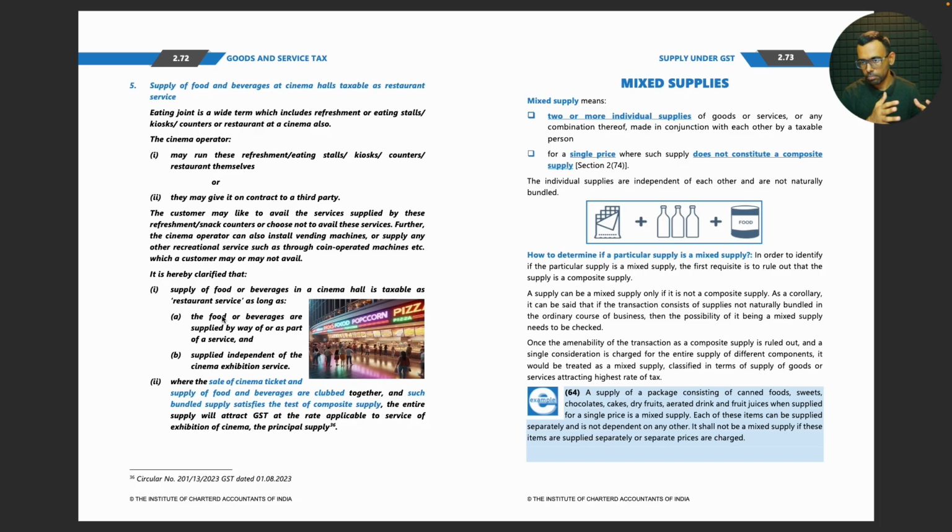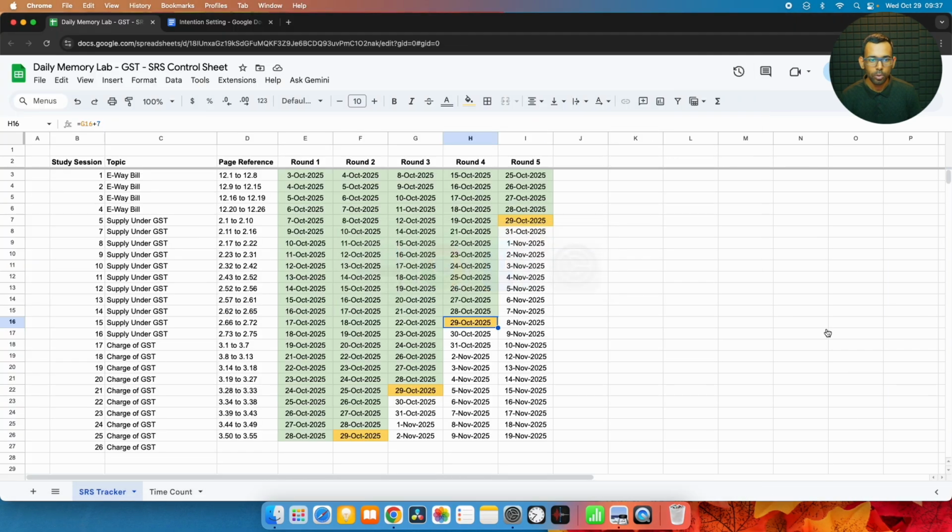So like that, if the theater service itself adds the option, okay, what food do you want to have along with the movie, then if you book it, when the seat number is allotted to you, during the movie itself, a waiter from the food area will come to your seat, give it to you and leave, so you don't have to get up from the seat. In that type of situation, it will be sold as a bundled service. So the main service is the cinema exhibition service, so the entire thing will be charged under GST at the cinema exhibition service rate. Okay, so on that note, let us go to the next segment.